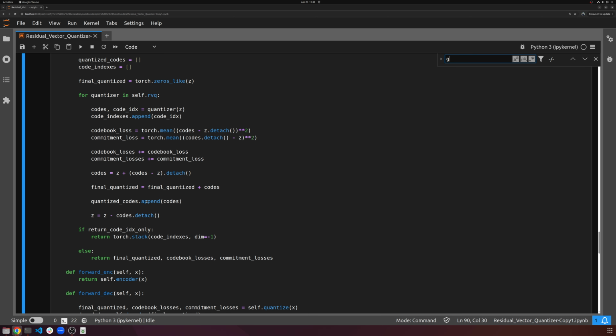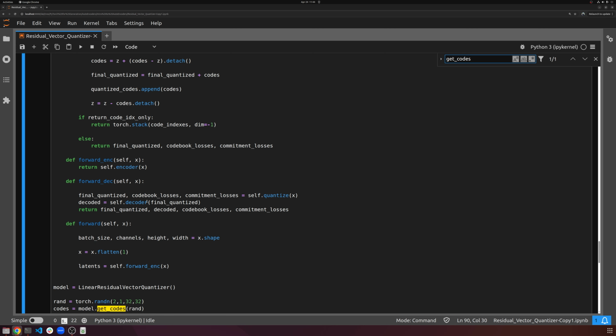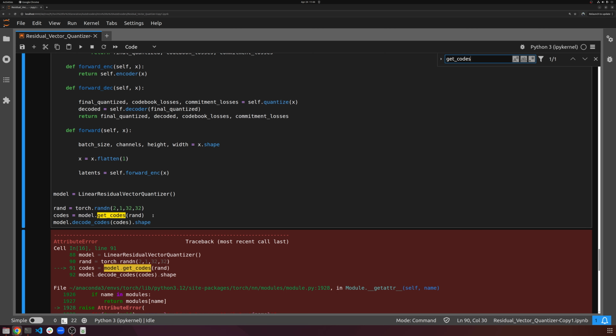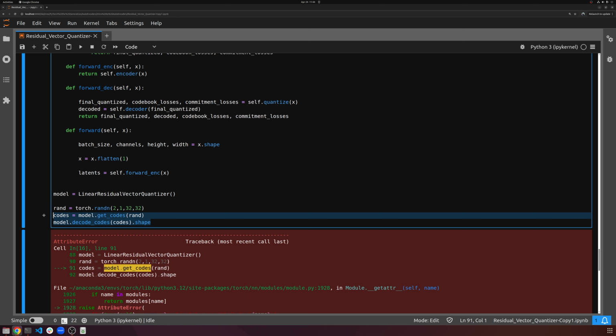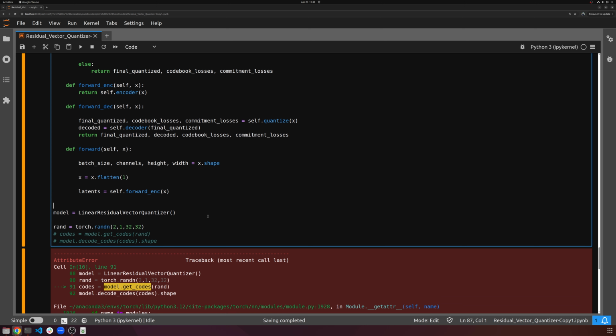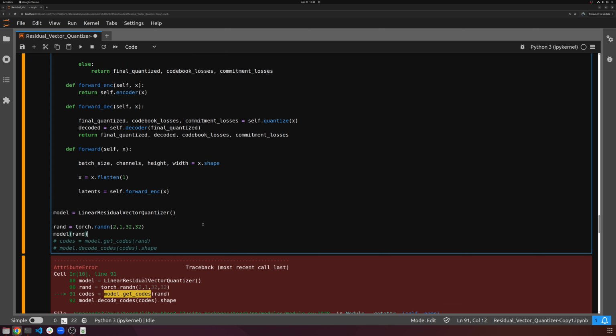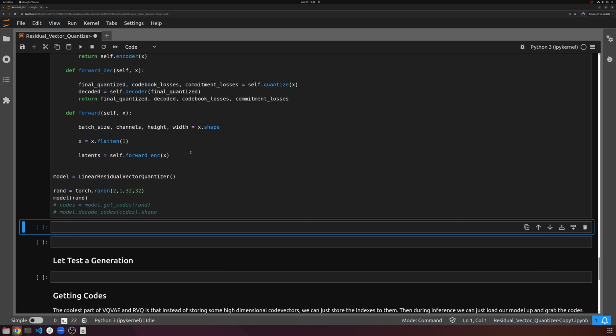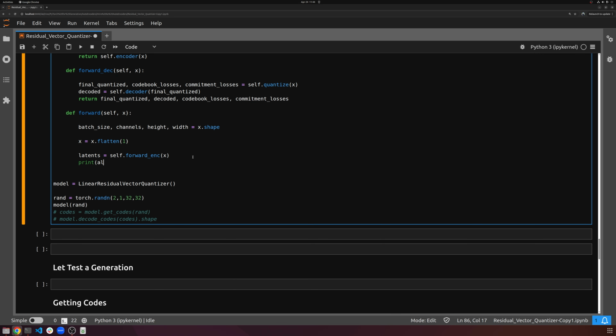We have our get codes. Oh, okay, actually, we haven't even written that method yet. So we're going to do that in just a second. Let's just pass into our model our rand. There we go. And so we can check here if we print our latents,